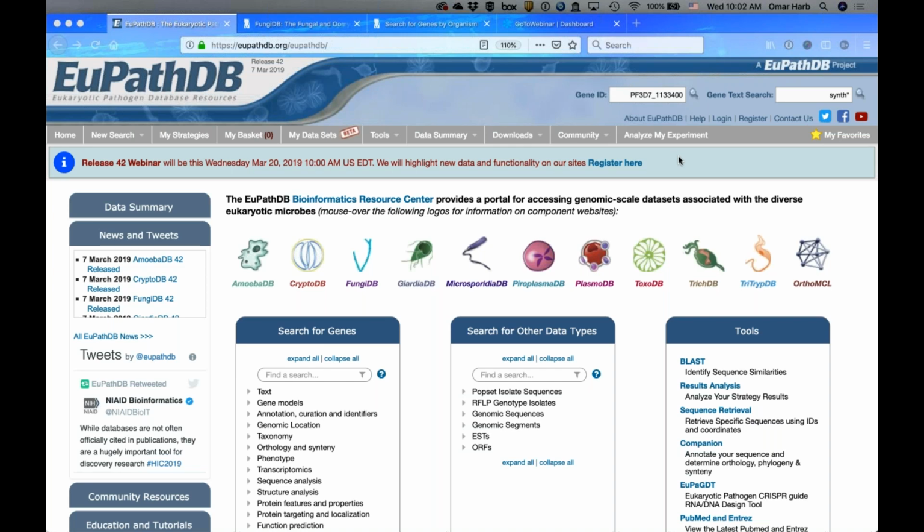As you know, the goal of this webinar is to cover what's new in release 42 in the various EuPathDB resources. So we will go through various different resources and highlight examples of different types of data and